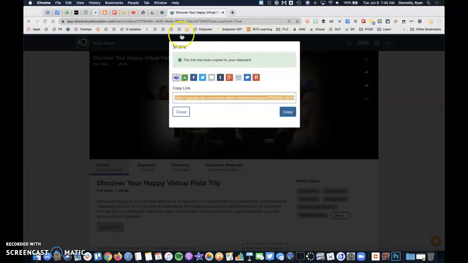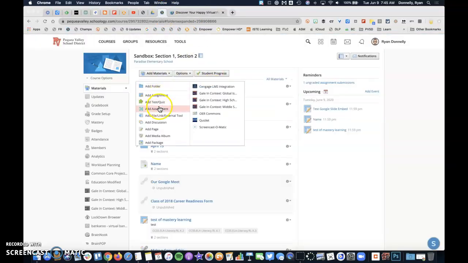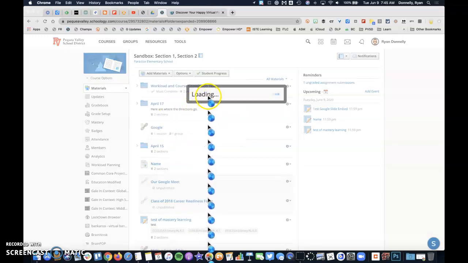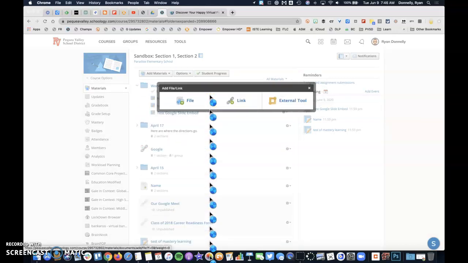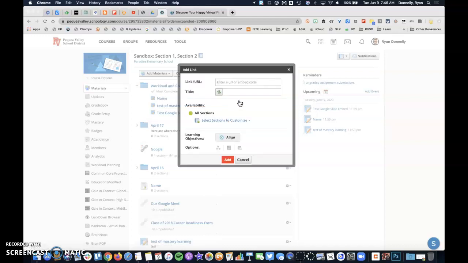Copy that link, come over to Schoology, and I'm simply on this example going to use the add file link external tool. There are again many ways that you can do this in both Schoology, Google Drive, as well as ClassDojo. I'm just going to use this one as an example. Place that link here, go ahead and grab the title,